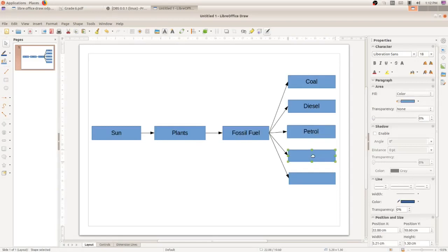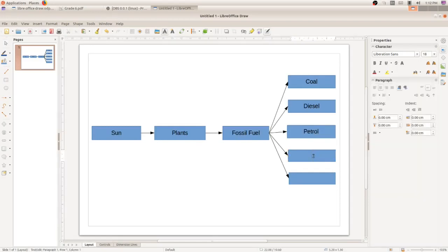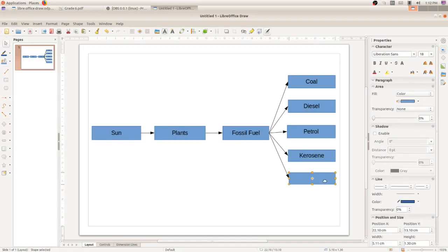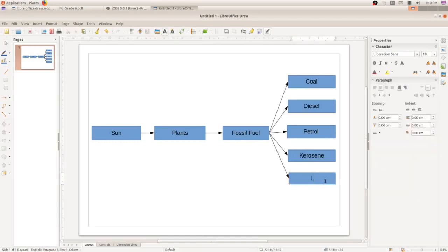Here this is also a blank space in your textbook. Here you have to write kerosene. Okay, and here it is already filled in your textbook, LPG. So fill out the blank spaces with these words in your textbook.